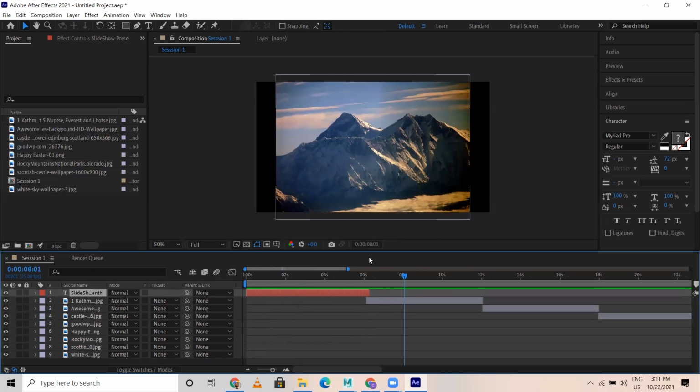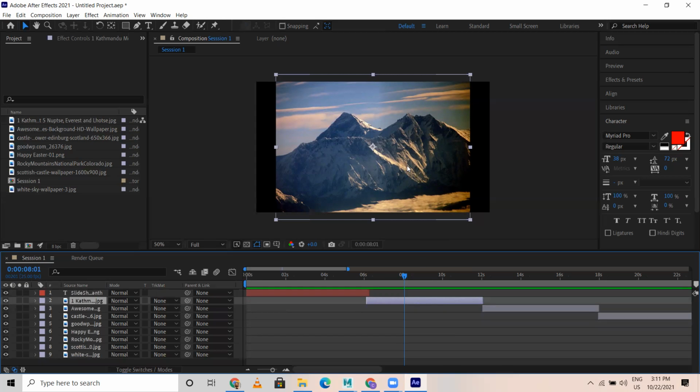Now if you see, the image is up to here. It is not fit for the entire stage, right? This is my stage, my canvas. The image is not fit entirely. So what I need to do is fit this image into my stage. So for that, select this layer.